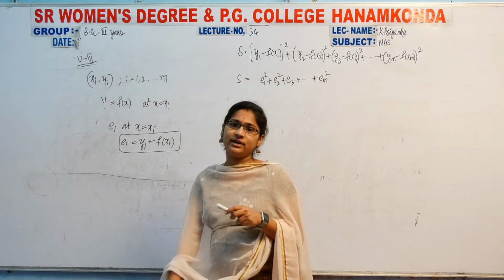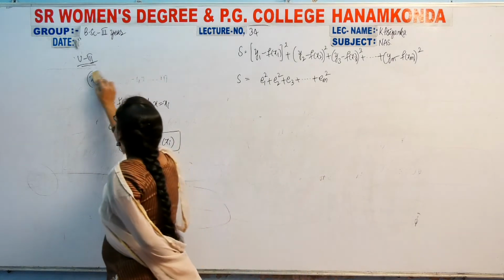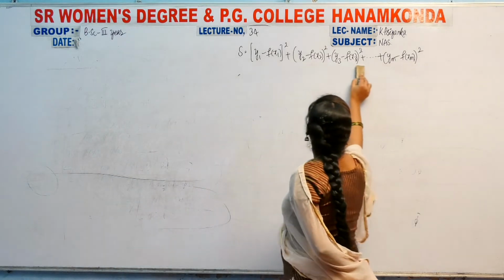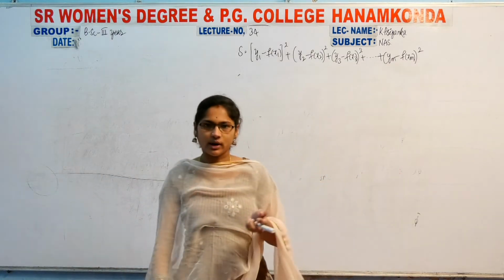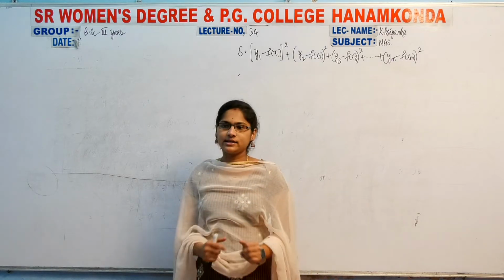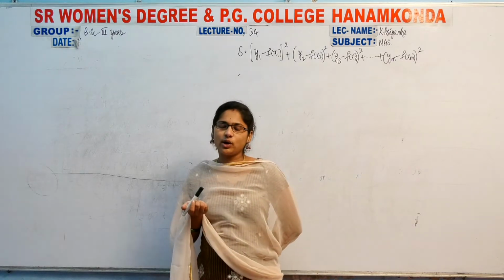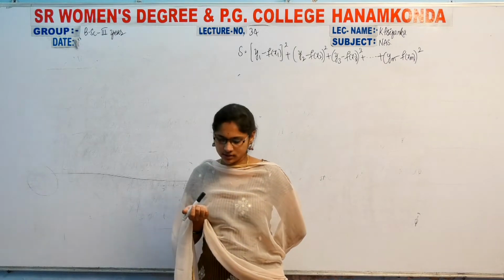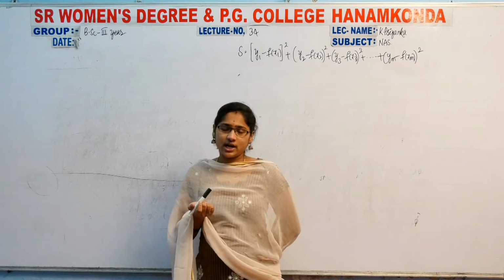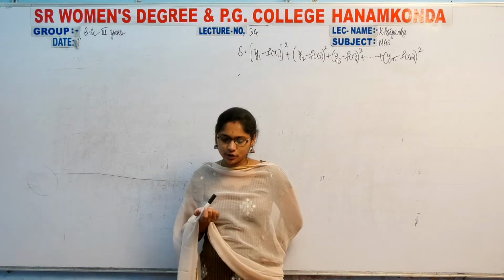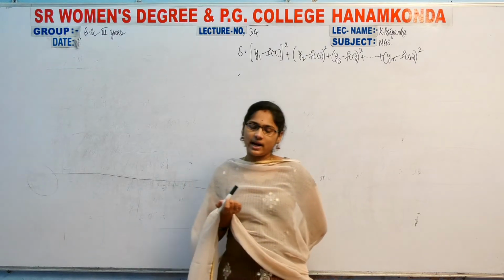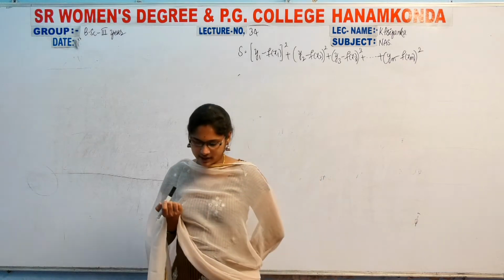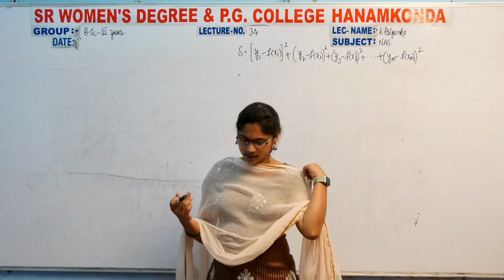Next, put a side heading, fitting a straight line. Let capital Y equal to a0 plus a1x be the straight line to be fitted to the given data, then